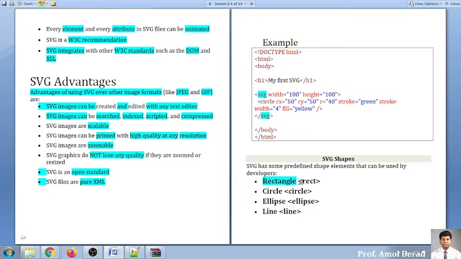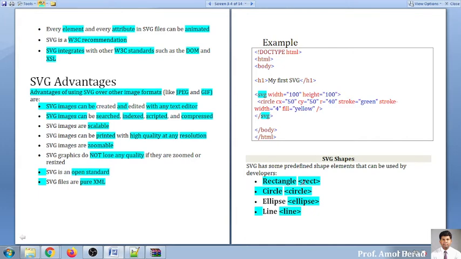We can draw a rectangle using the rect tag. We can draw a circle using the circle tag. Now this rect tag is not HTML. This is XML. So rect is an XML tag. Circle is an XML tag. In the same way, ellipse is an XML tag. Line too, because these types of tags we have not seen in HTML. That is why it is called XML, with user-defined tags. What is XML? XML is extensible markup language, and here the tags can be written by any person.